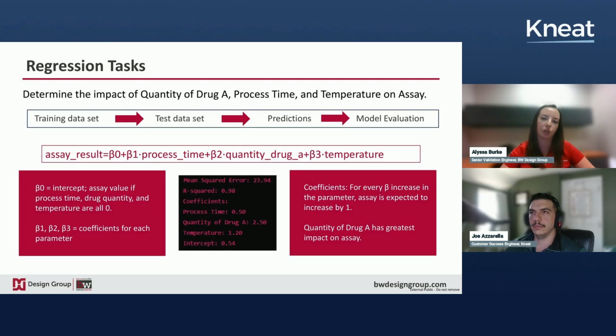So if your target value has a fairly small magnitude, 0 to 10, that mean squared error of 25 would be very high. If the target variable is much larger, like 1,000 or 100, that 25 could be quite low and would be seen as acceptable. And then, of course, you have an R-squared value there of 0.98, which suggests your model explains a large